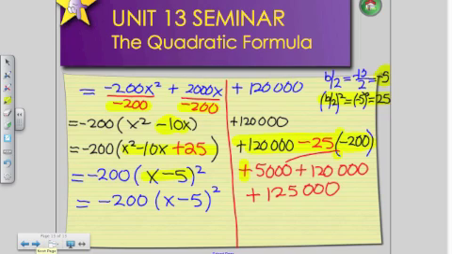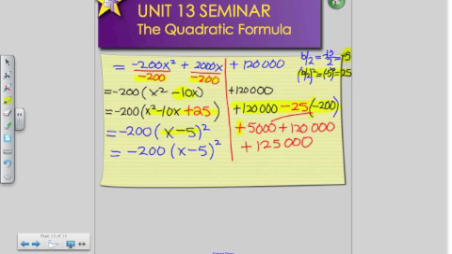And the left-hand side is negative 200 times x minus 5 squared. So this is the vertex form of my quadratic equation. The question asked me to find the price or the cost of the season ticket that would maximize revenue. So I know x is going to be equal to 5. I don't have to worry about the 125,000. I know that my cost of the season ticket